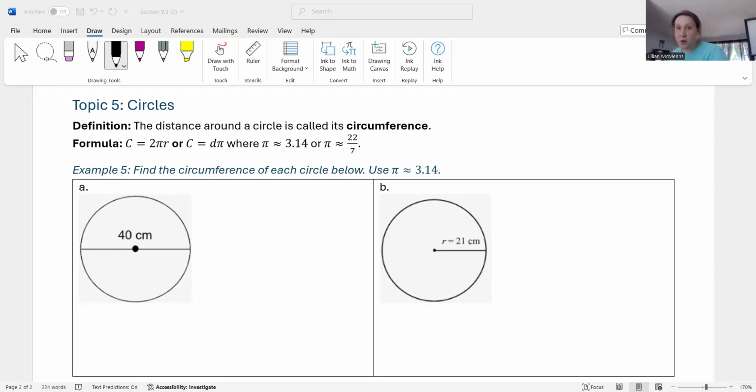Okay, for topic 5, we're going to discuss circles. We introduced the idea of a circle in a previous section. Obviously, we all know what the shape of a circle is. What you really need to take from the previous discussion is what the diameter and the radius are